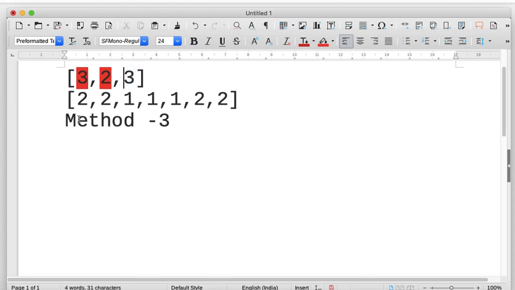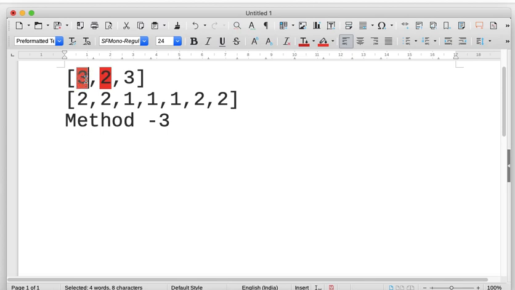If there is a majority element, then this 3 is the majority element. In some cases, there may not be a majority element, as we have seen. If I consider this array 1, 2 and 3, I can cancel out this 1 and 2. Then you have only 3, but 3 is just a majority candidate. So again you have to check this array to see if 3 occurs more than n by 2 times. If it does not, then there is no majority element at all. But if there is a majority element, then this is the candidate. So in the first iteration it will give the majority candidate, and then you have to see if it is the majority element.